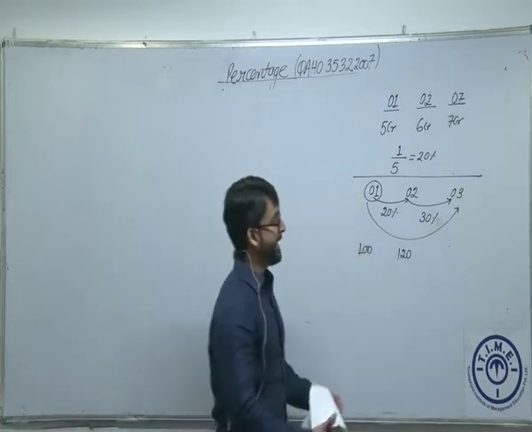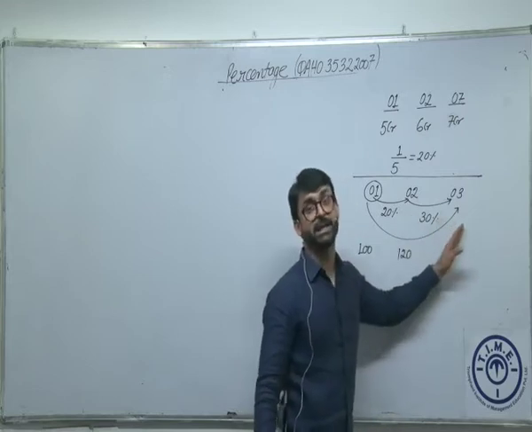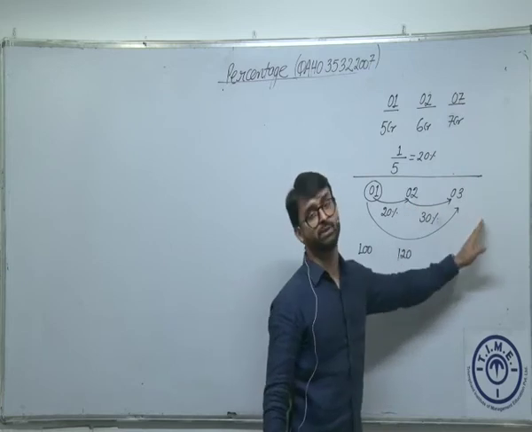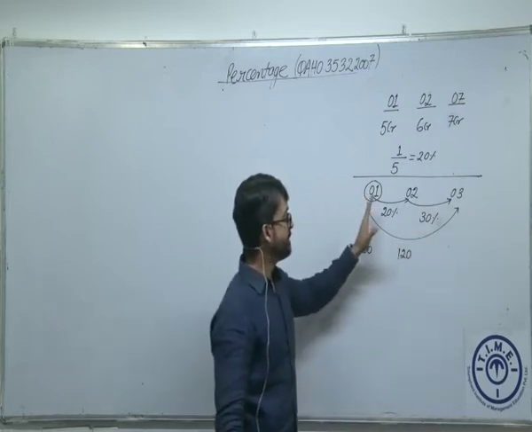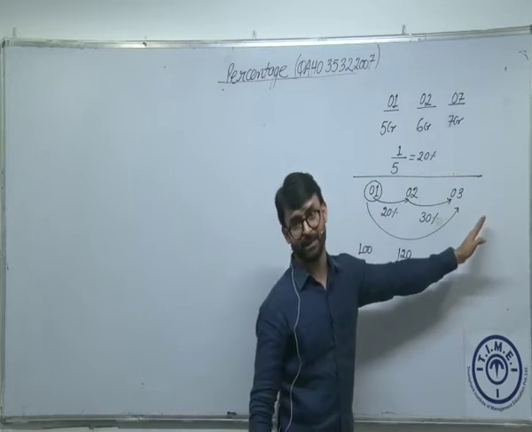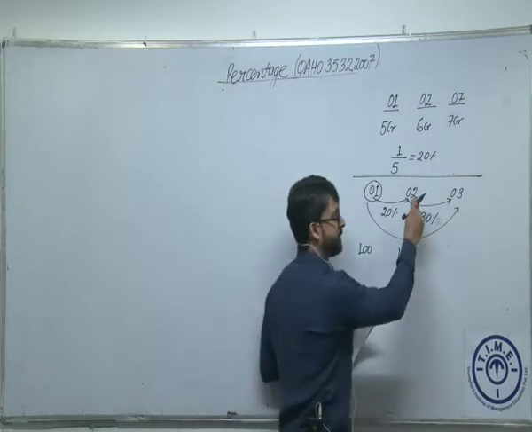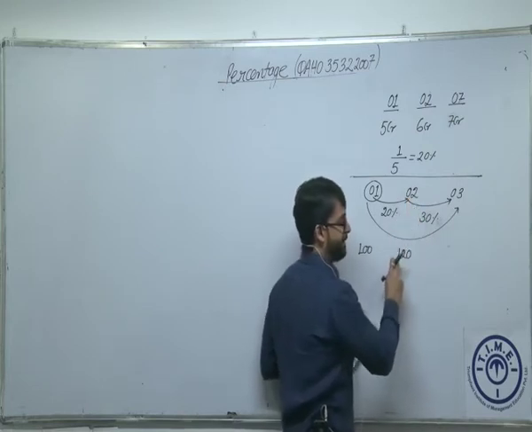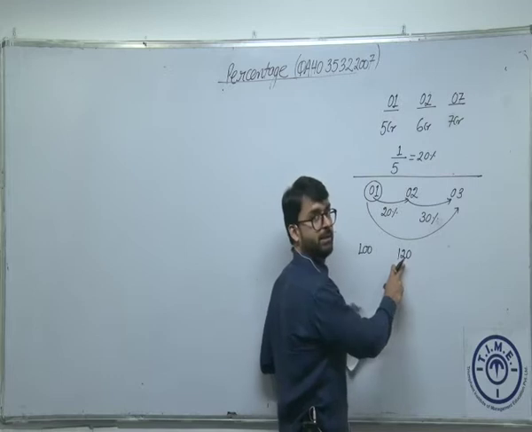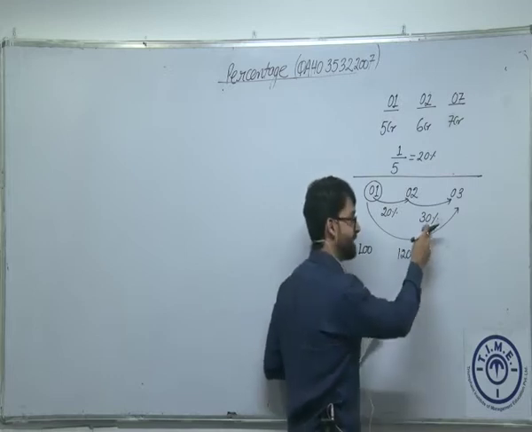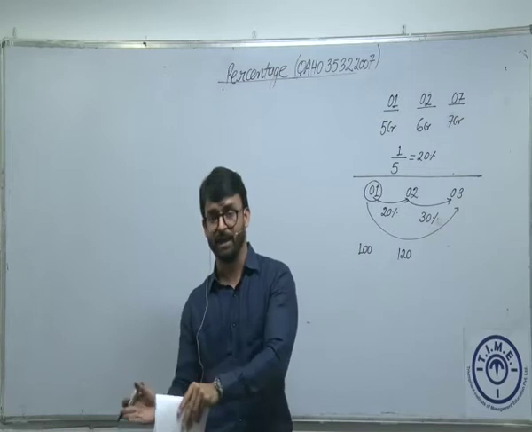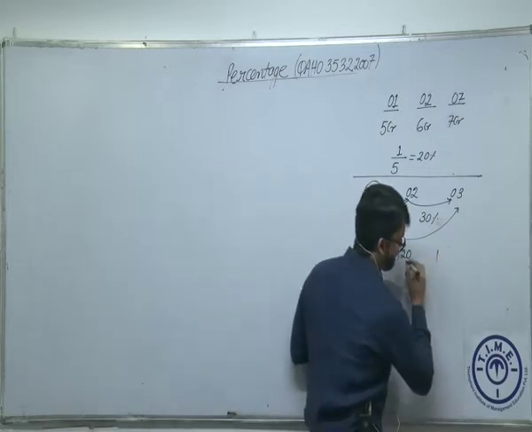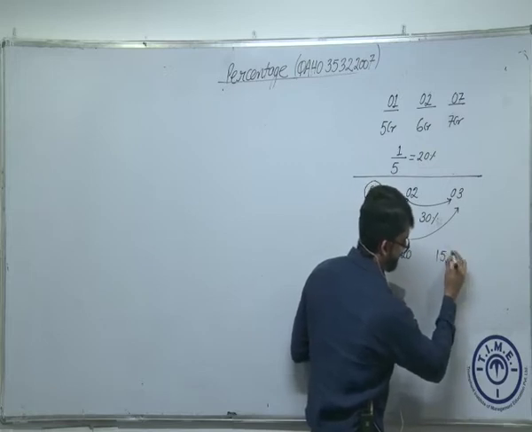Now for the next 30% increase, what will the base be? 120, because from 2002 to 2003 the increase is 30%, not that 30% is increased again on 2001. Am I right? So now the base is the revenue of 2002, which is 120. 10% of 120 is 12. What is 30%? 36. So my revenue is going to be 120 plus 36, which is 156.